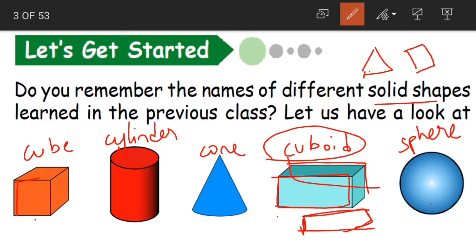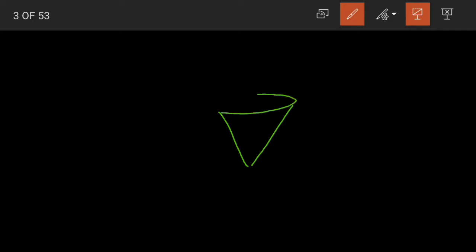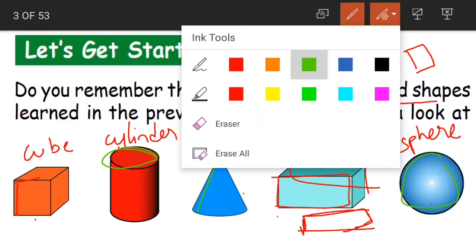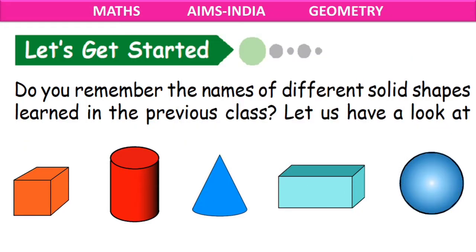In the same way, when you are eating ice cream in a cone, we cannot simply say that a cone is in the shape of a triangle. It is in the shape of a cone, children. See, now this is the cylinder and this is our sphere. All these are the different types of solid shapes. Let us revise the names again. Here this is a cube, cylinder, cone, cuboid and sphere.